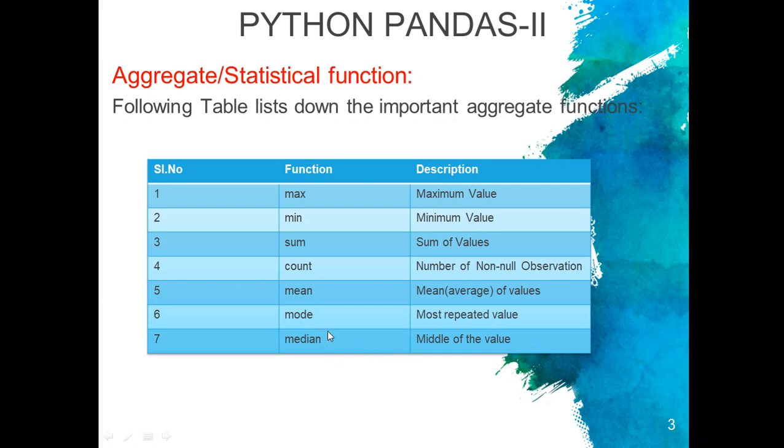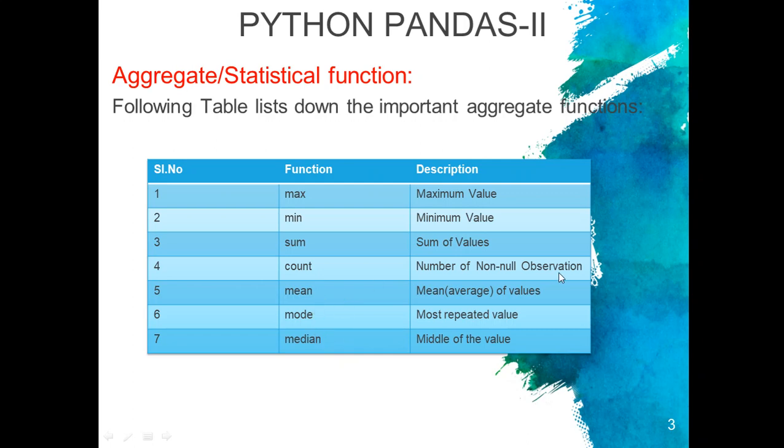These three are statistical functions that you have done already in statistics, or if you have not, it is very simple. Mean means to find the average value. Mode means the most repeated value in the set of values. So in a particular column, if some value is repeating, then that value will be returned by the mode function. For mean, mode and median, the column should be numeric, which means it will not apply to the name or the surname or string values. It will apply only to numeric sets of values.